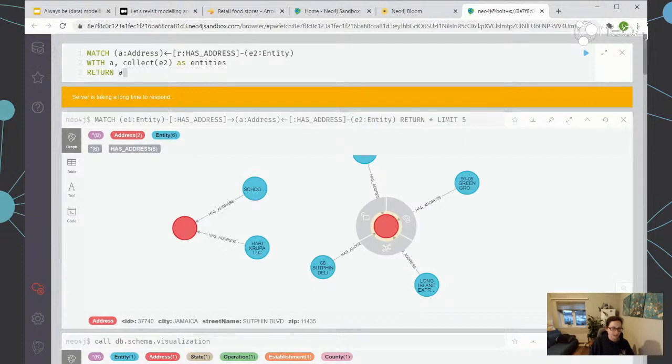return A. Let's return a bunch of stuff. So let's do A dot street name, A dot city, A dot zip, and do count entities as count order by count descending limit 10. So what we're doing here, I'll just quickly talk through what's going on,